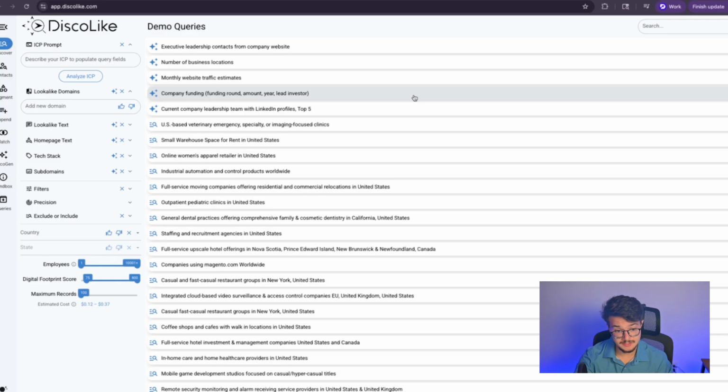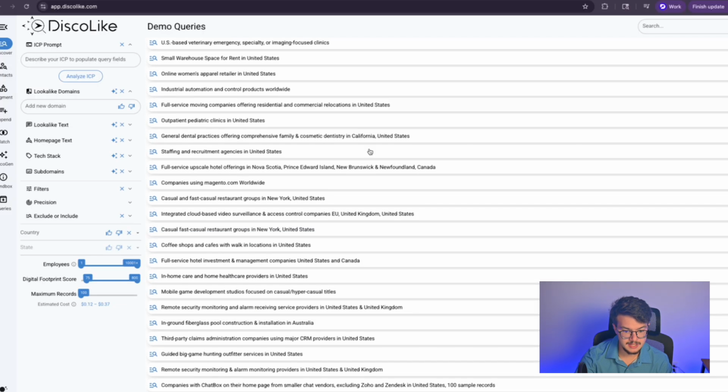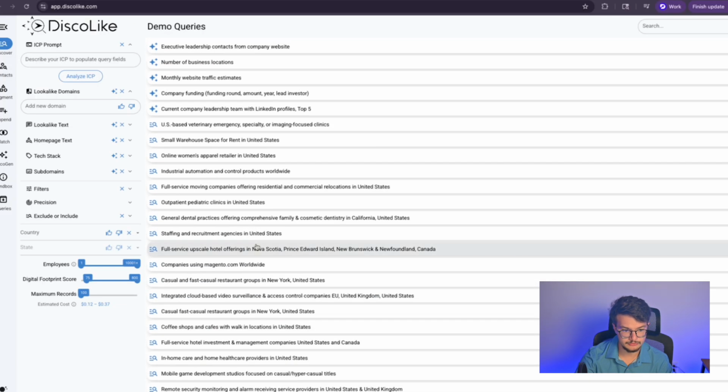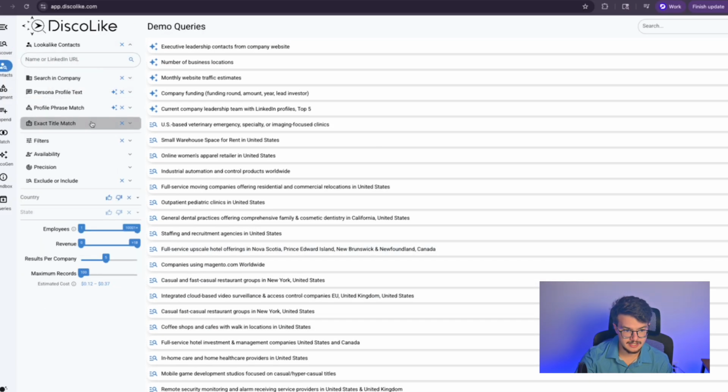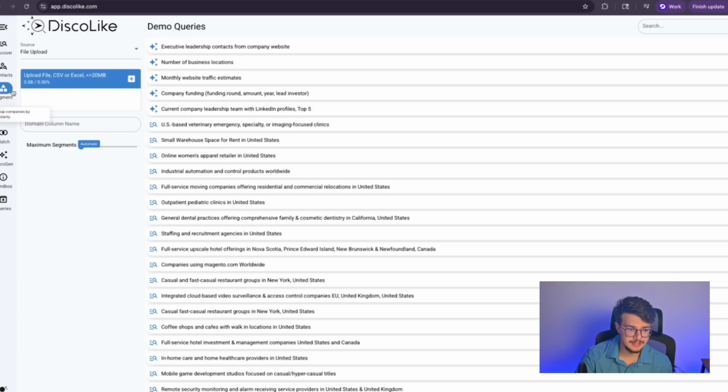Specifically here, you're going to have your Discover on the left side. This is going to be all your companies, and you'll see a lot of example searches here, and we'll go through these. Then you'll have your contacts side of it, so you can double up on contacts. This is LinkedIn data, so you will be using that for decision makers, and it's basically exactly the same as Apollo, if not better. You also have segments, so you could group a list of companies by their similarity score.